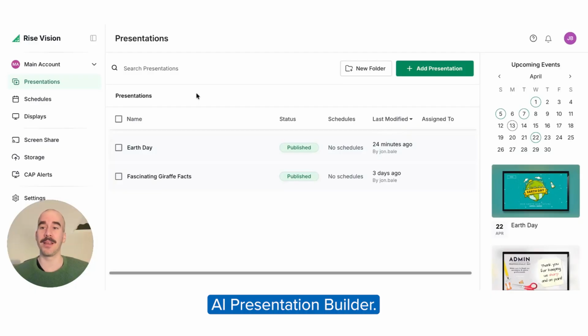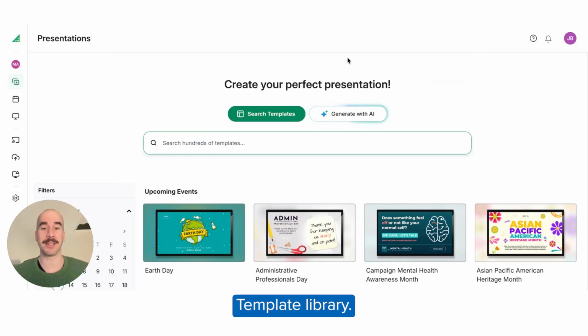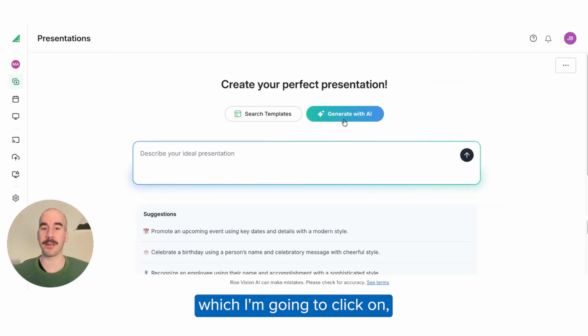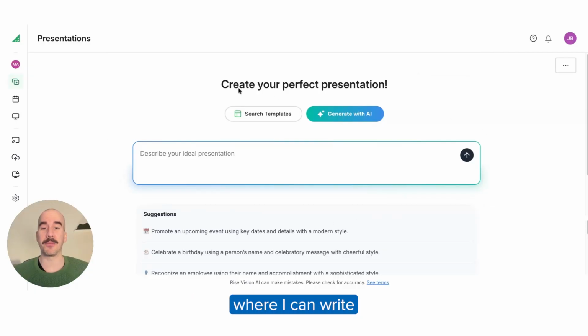presentation builder. I'm right here in my own account on the presentations tab, and I'm going to go over to the green add presentation button to enter the presentation template library. Here, I can now see there's a generate with AI button, which I'm going to click on, and now I'm provided a chat box where I can provide the information to AI so that it can create me a new